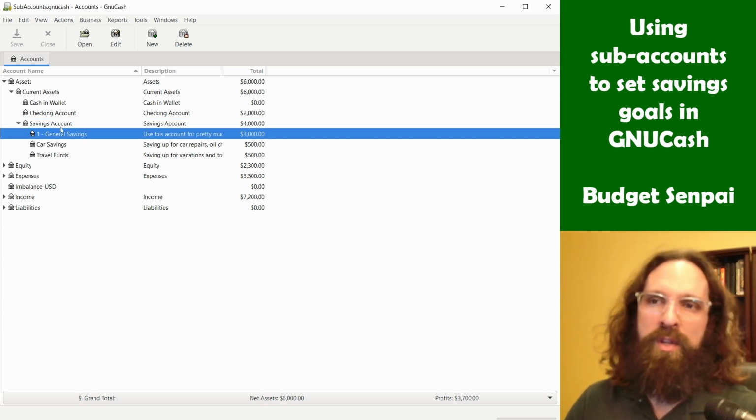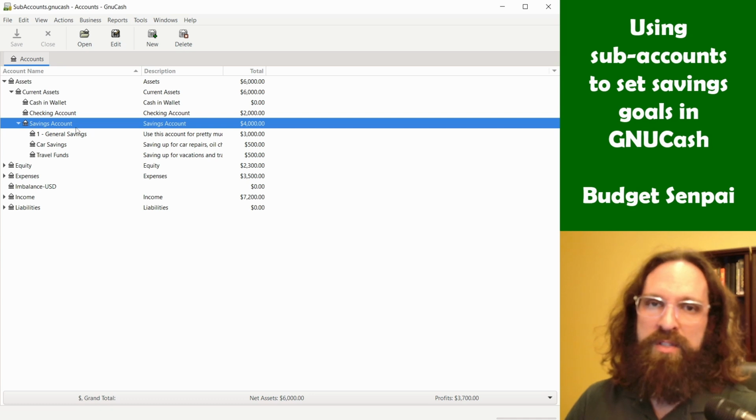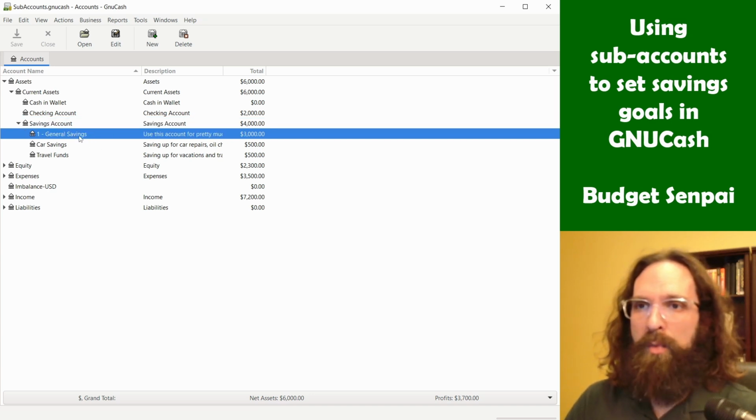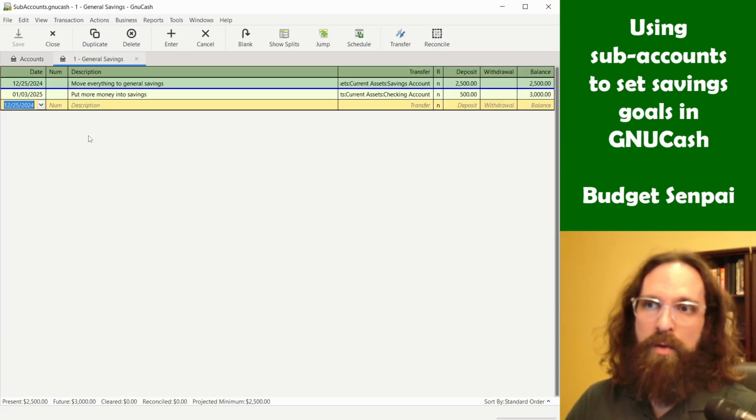I prefer using a placeholder versus keeping it all accessible. It just makes more sense to my brain. So do it however makes sense to you. So now that we've got this, we've got our general savings. Think of this as your regular savings account. Now we can move money from here. Let's just say,